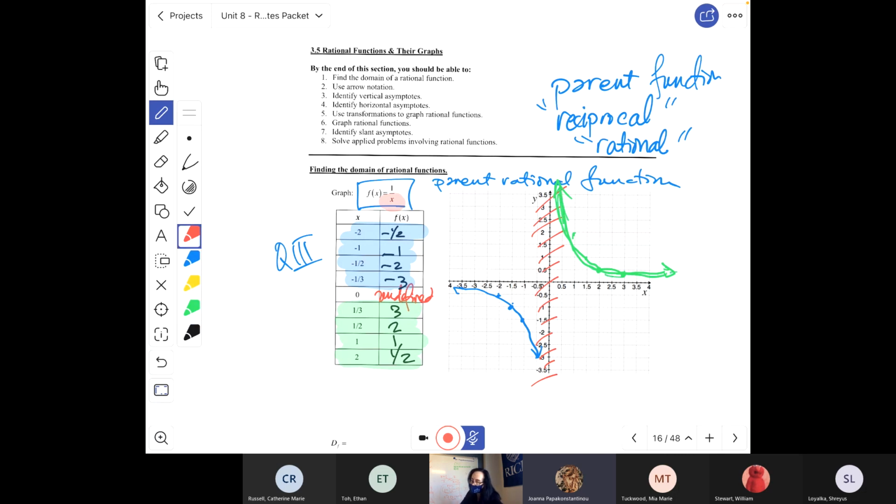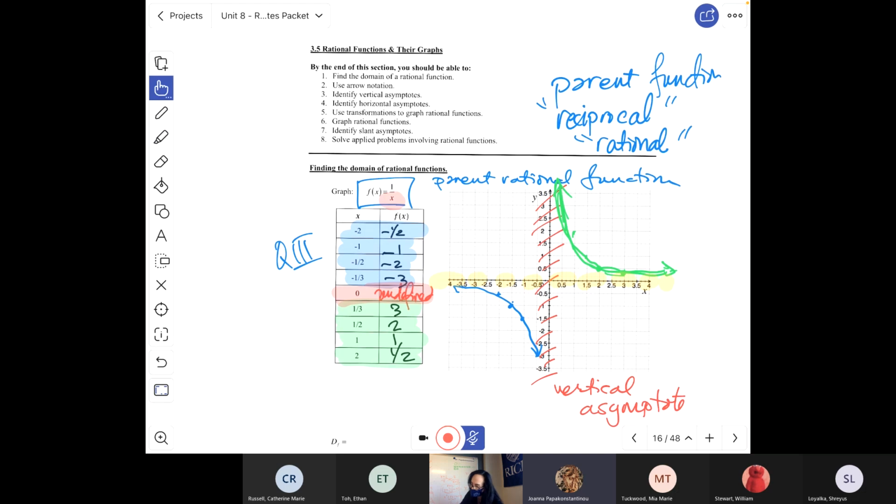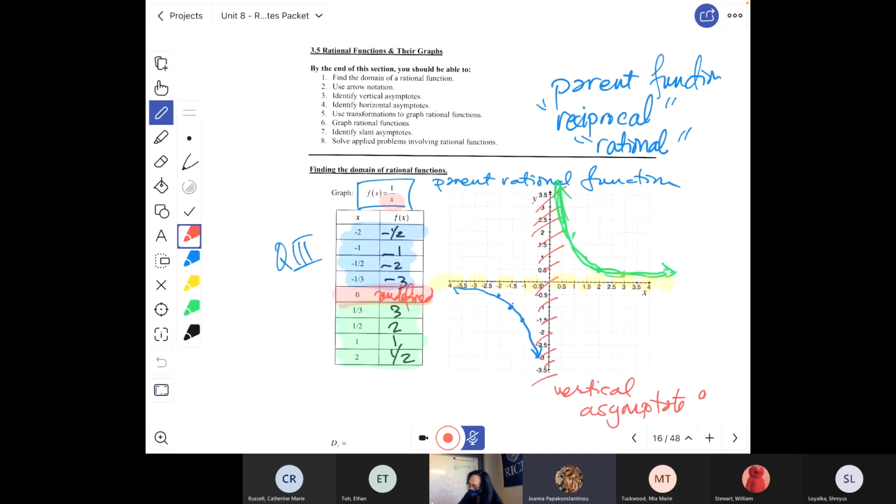So not only is this vertical line undefined, but also the x-axis is undefined. So this is going to bring us into what are known as vertical asymptotes, and we'll define these in detail next week. But I have what's known as a vertical asymptote at x equals 0, that's the equation of a vertical line. And I have what's also known as a horizontal asymptote,